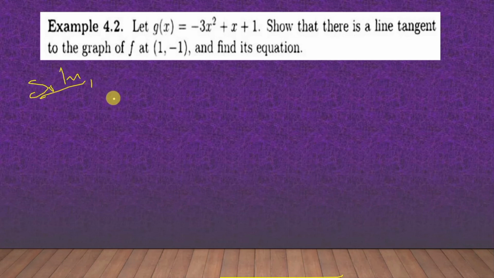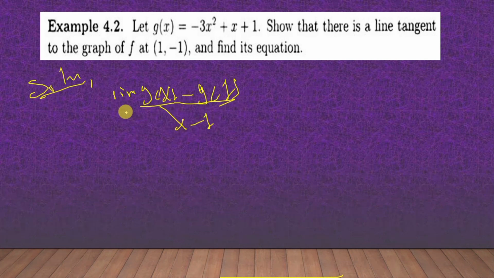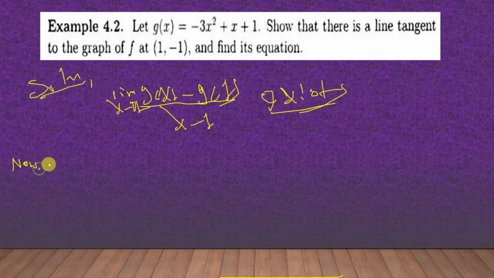The tangent line to the graph of g at (1, -1) exists if and only if the limit of g of x minus g of 1 divided by x minus 1, as x approaches 1, exists. Here this exists. So now we write our equation. Our target is to solve the limit of this, that means the limit of g of x